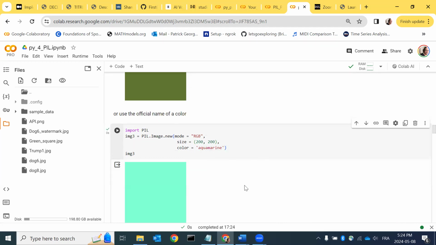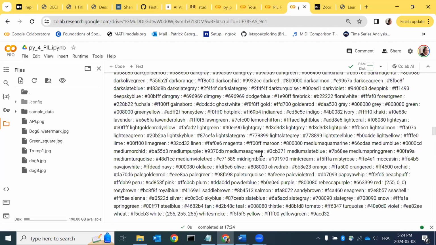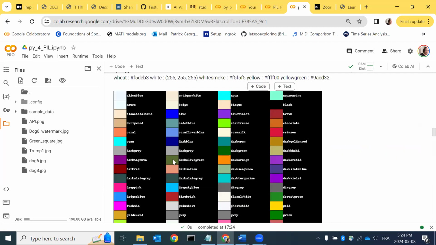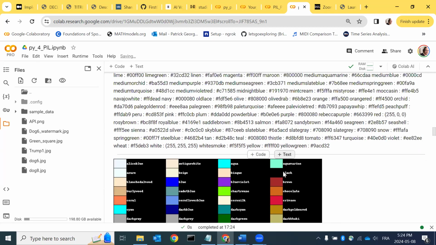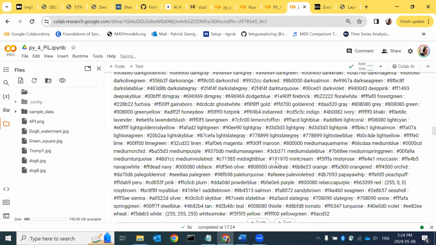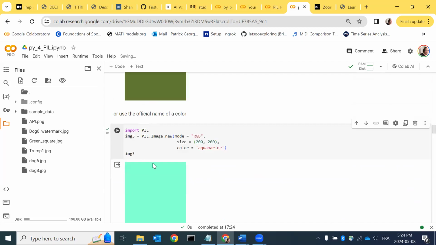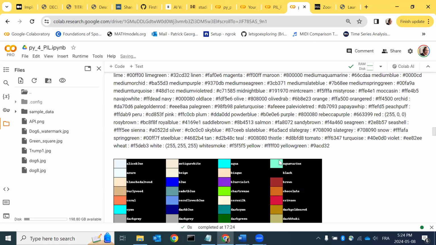And that's what it gives you. Okay, and also I have provided not only the name of the color, but a picture which shows you the color per se. See, aquamarine, I just picked that, and that's basically what it gives me. It seems to me a bit different from this picture, but